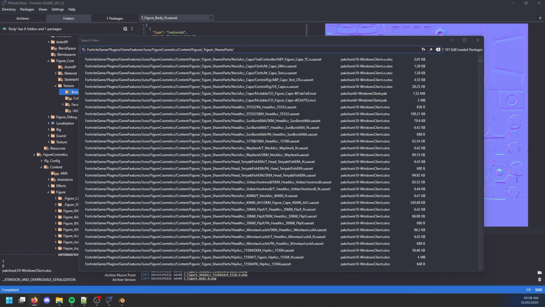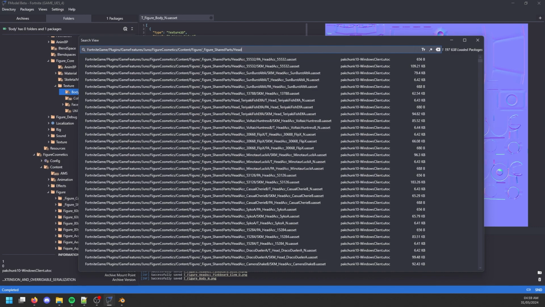Such as when I was porting Frigid for Goa the other week, I literally just searched on Google Lego cowboy hat, and then I checked to see if the code existed in the files here, and it did. So then I used that. But back to this, we go to shared parts, and we're going to search for